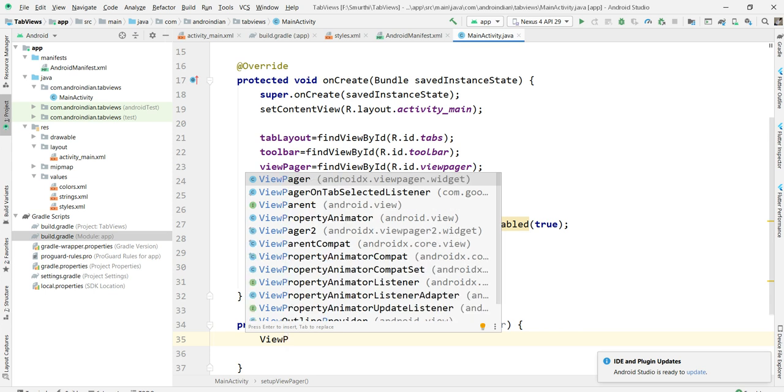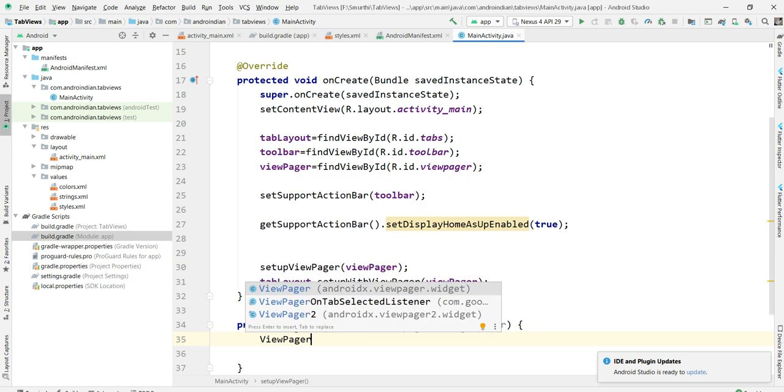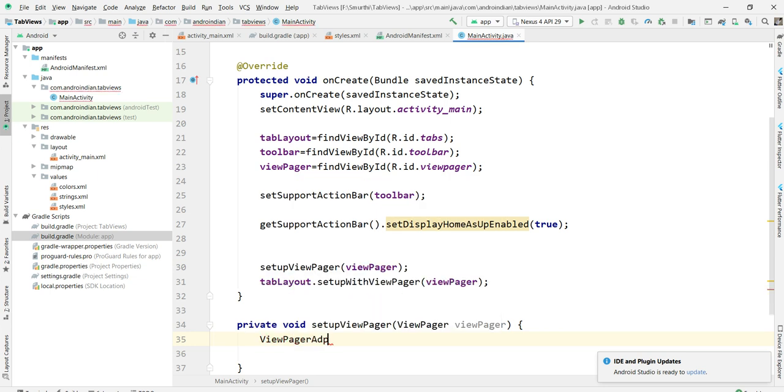This is also user-defined. So I am creating this view pager ADB here. View pager equal to new view pager ADB.